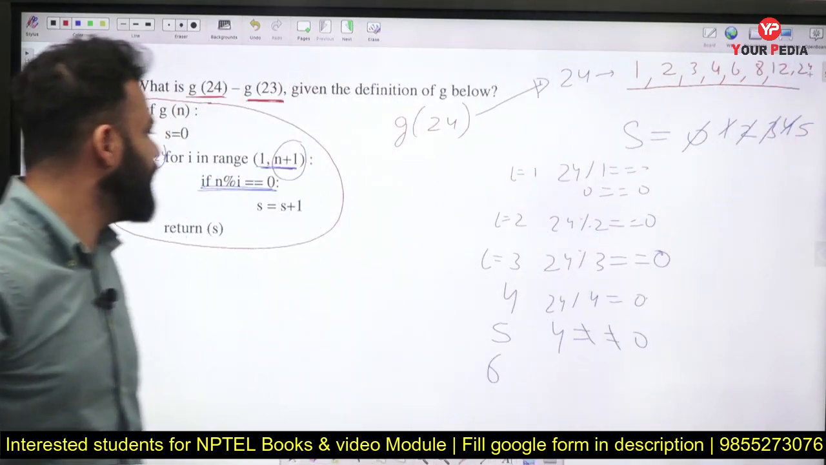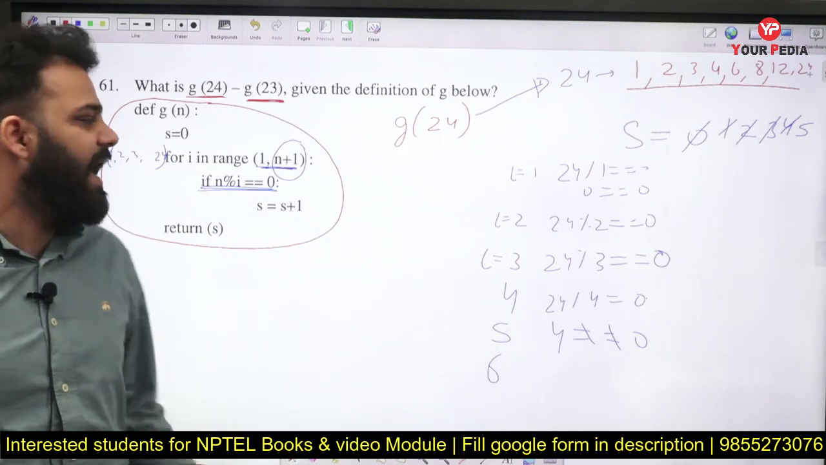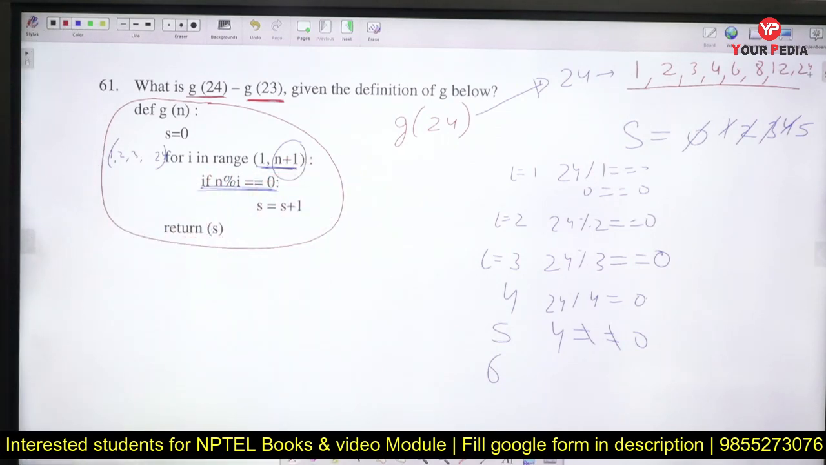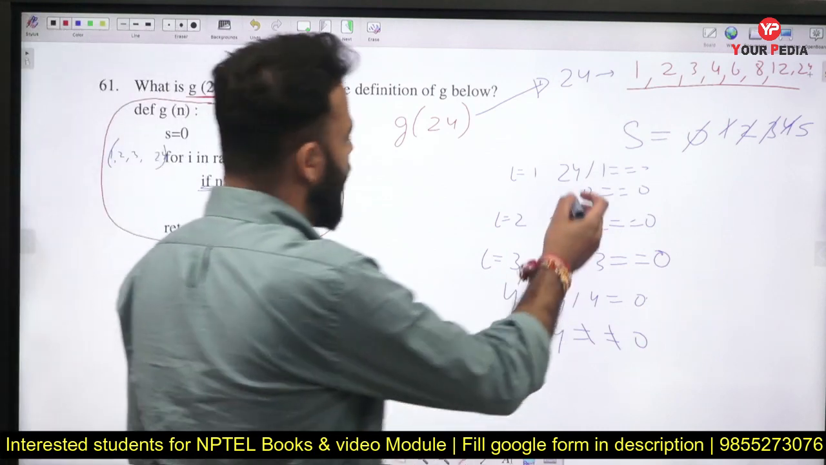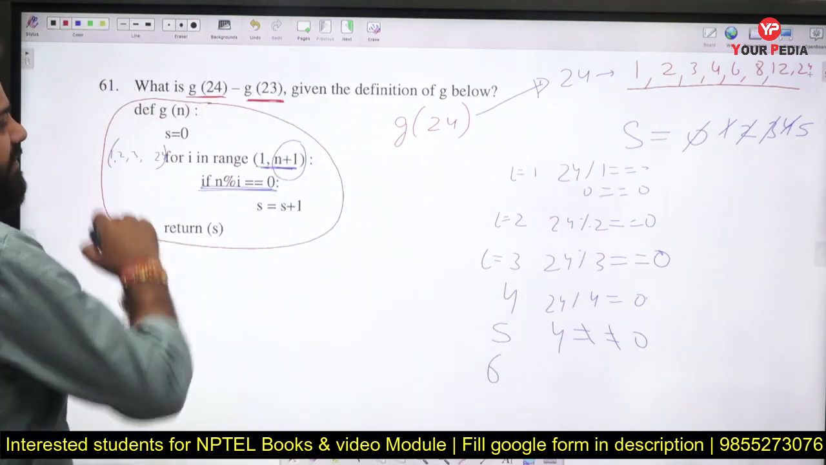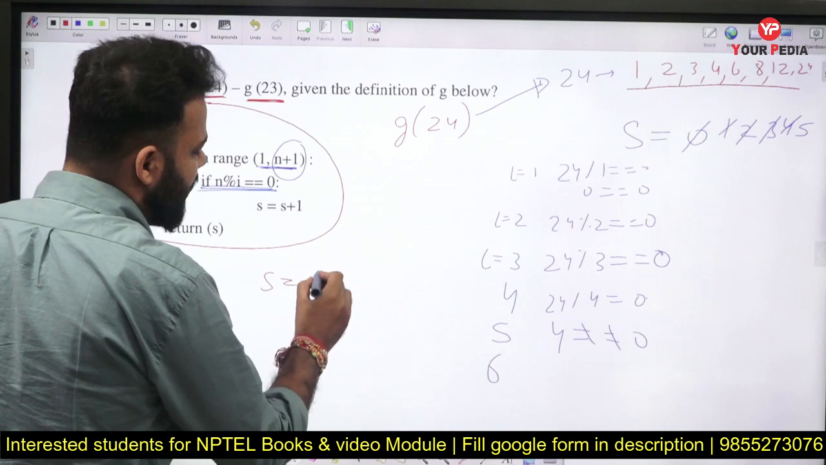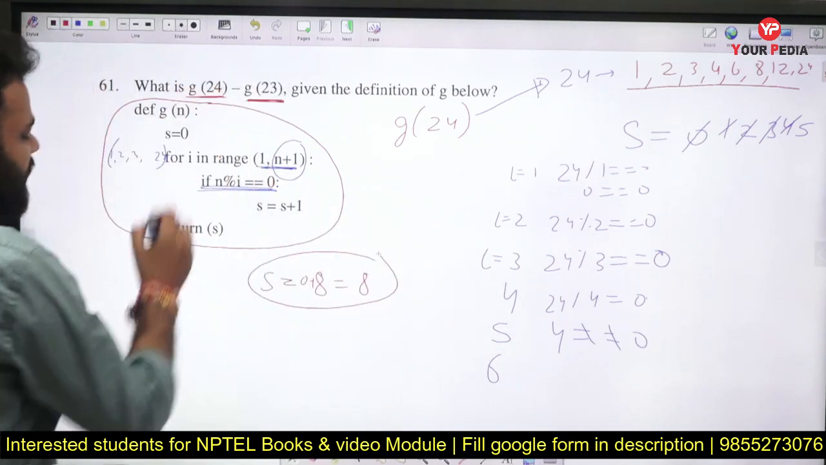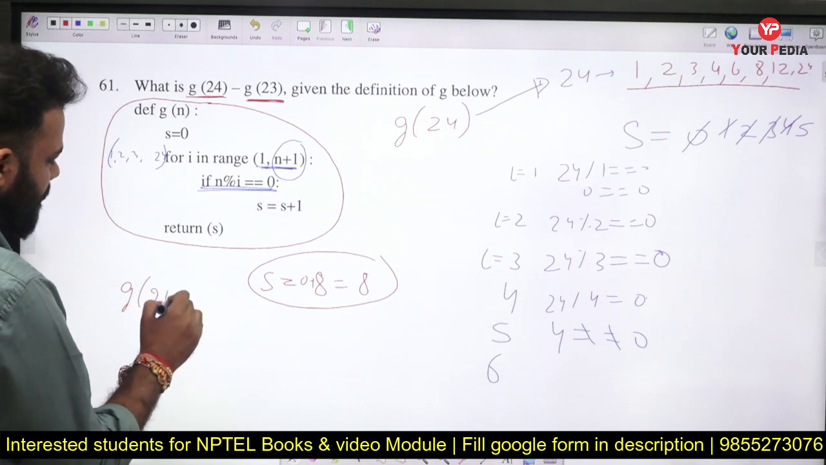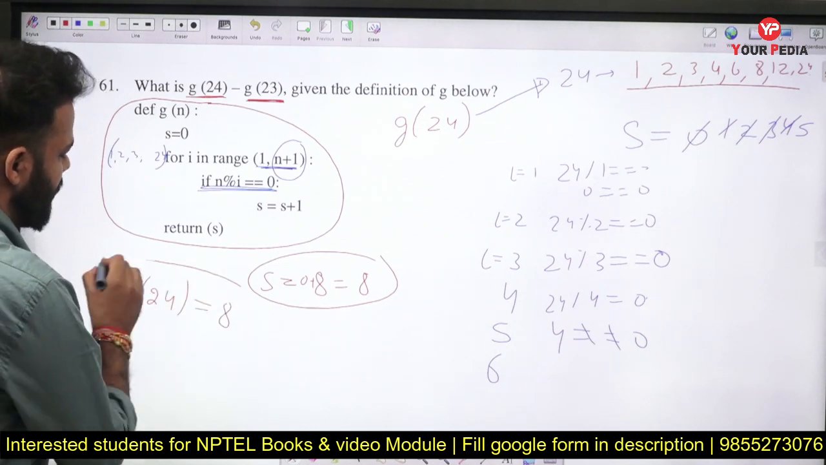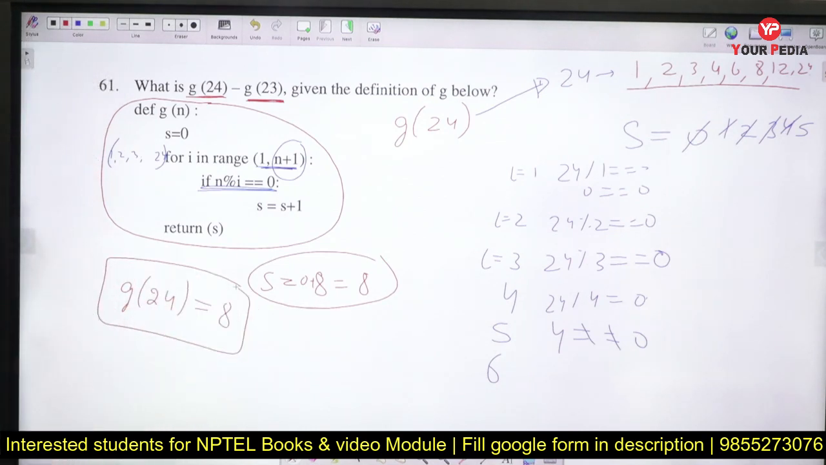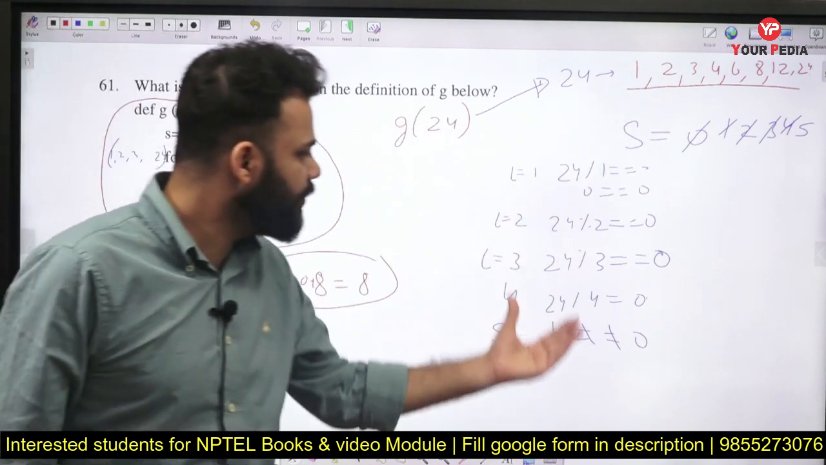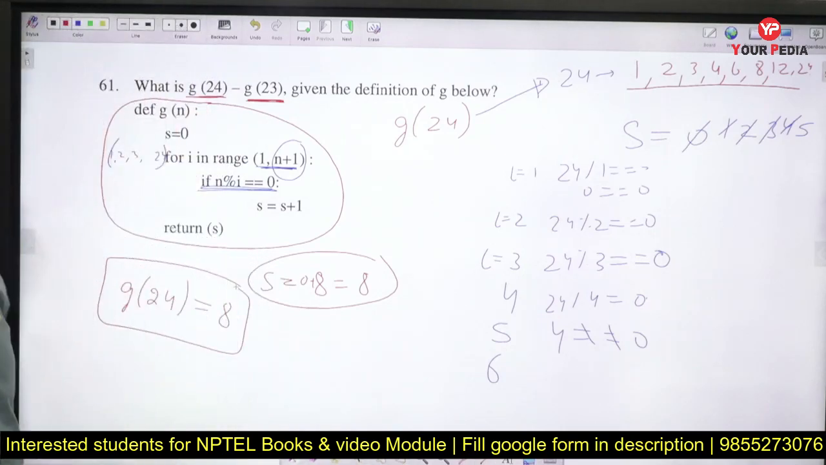So 8 times this statement will be true. And if this statement is true, s will be incremented. So s will be incremented how many times? 8 times. So after completion of this loop, s will be incremented 8 times. So 0 plus 8 will be equal to 8. So the value of G24 will be 8. Now if you want to find the value of G23, you can do these steps again, or what you can see is,